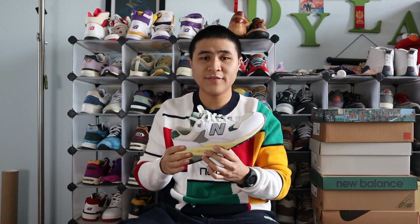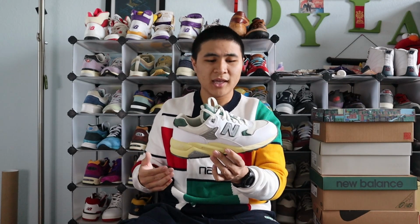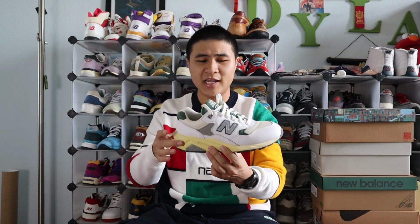And coming in at number 20 is the 580 in the Sea Salt and Night Watch green colorway. This was one of the first 580 GRs that really made me fall in love with the model during 2023. At first glance, you could easily confuse this with an ALD collab. I mean, given the colors and the aged midsole, it just looks really good,